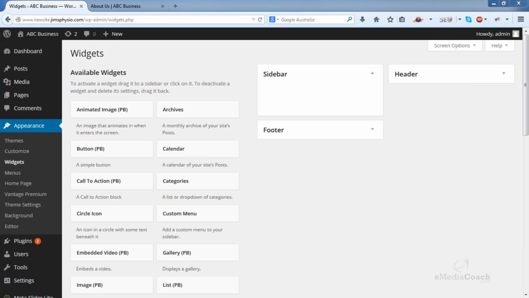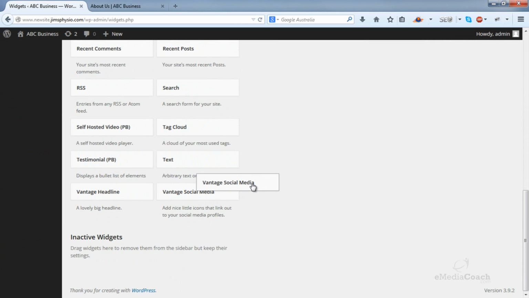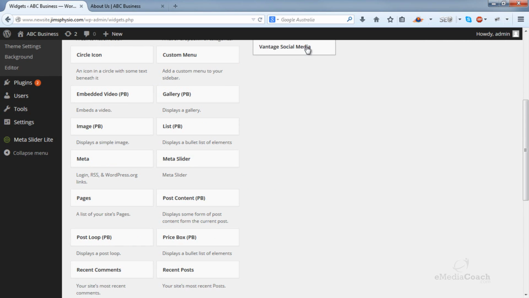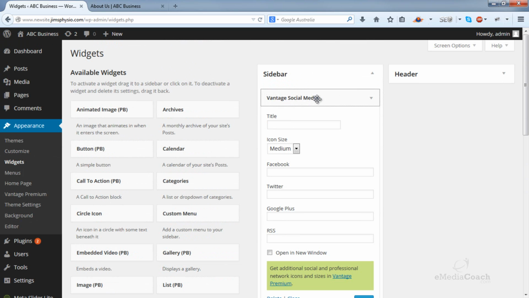The first thing I'll show you how to do is put in some social media buttons. So scroll down and go to Vantage Social Media. Simply drag and drop into the sidebar area there. Give that a title, for example, Connect with Us. And here you'll enter your own Facebook page URL. For example, ours is